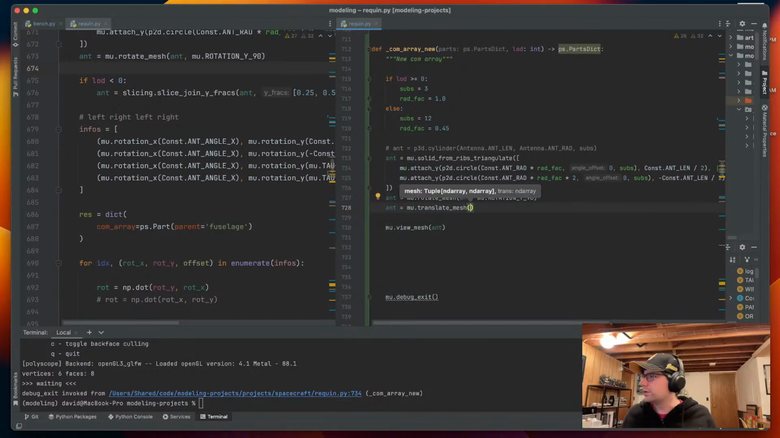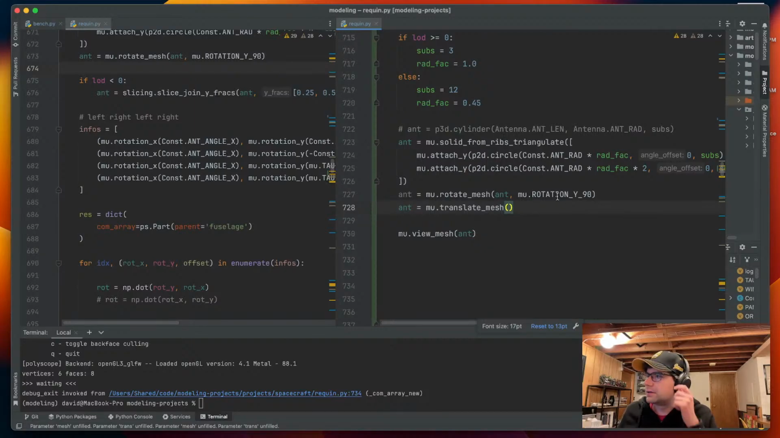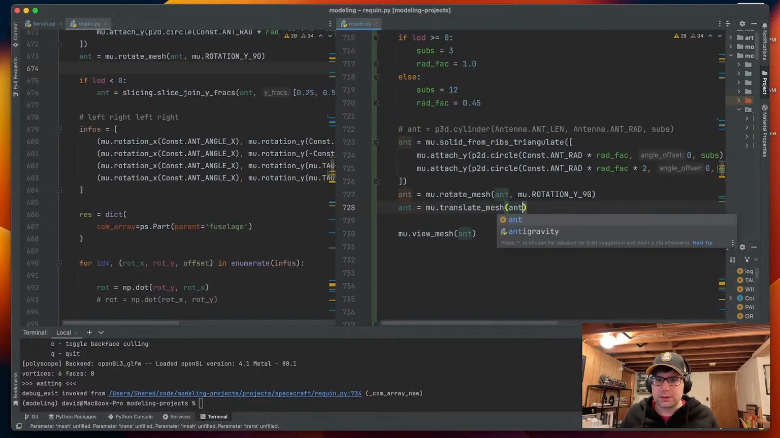Translate mesh, and for people who are curious, I'm using my own mesh processing library, which uses NumPy and Trimesh, and most of the functions in it are pretty simple. It would be something pretty simple to write yourself. But if you have questions about how something works, feel free to ask, and I can dive into it. So we're going to translate this mesh